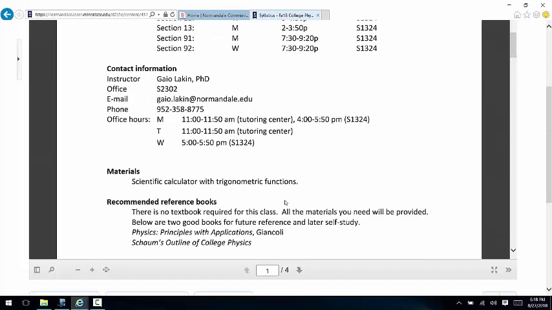All right, so now the materials you need for this class. All that you need is a calculator that has sine and cosine. There's no required textbook for this class. I would say, if there are any of you that are taking this class because you're going to major in something where you're likely to do physics calculations again,